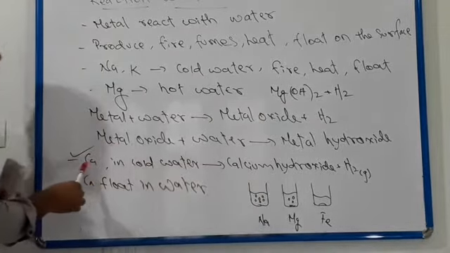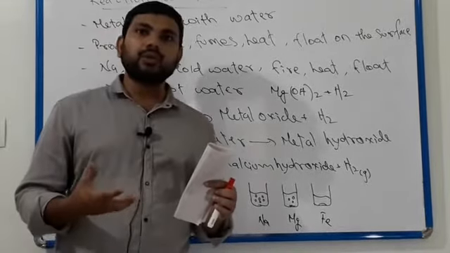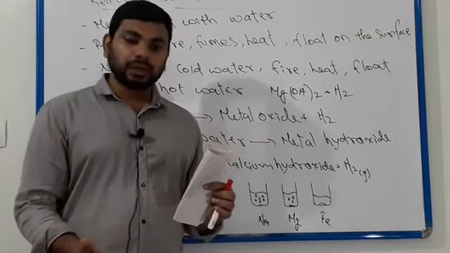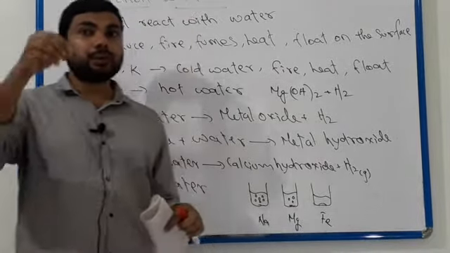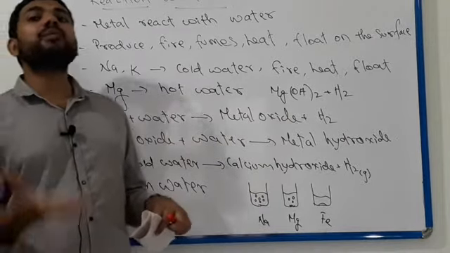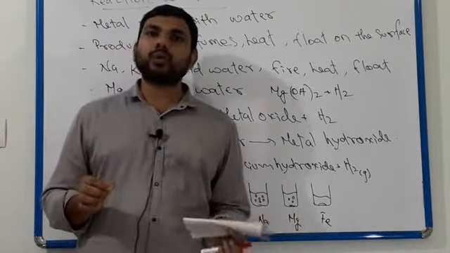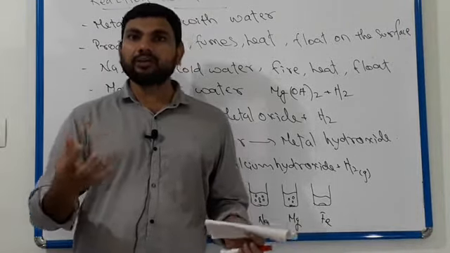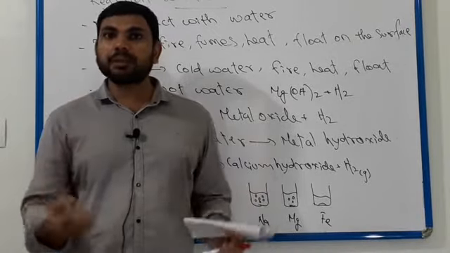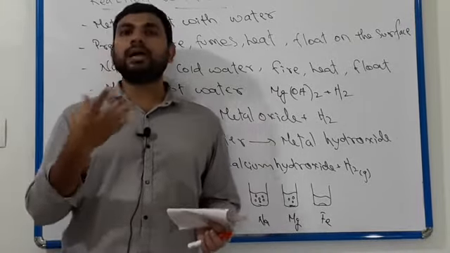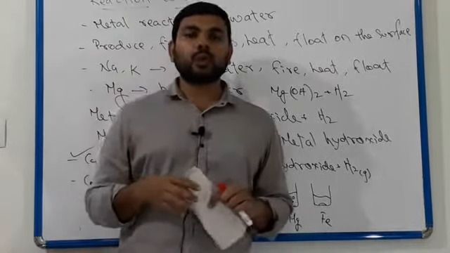When you put calcium in water, you can see calcium reacting with water. Also, this calcium moves upward in water. What is the reason? When calcium reacts with water, it produces hydrogen gas. Hydrogen is a gas, so it comes upward. So these hydrogen gas bubbles push calcium upward. That's why calcium moves upward in water.